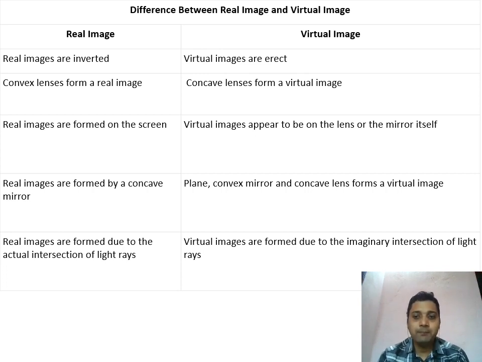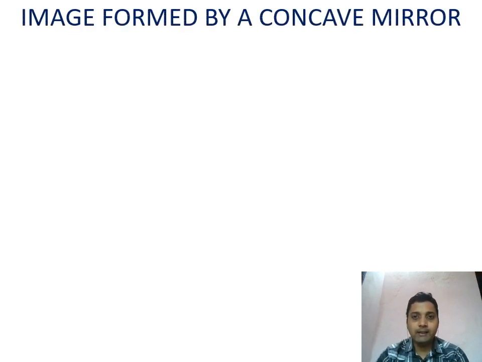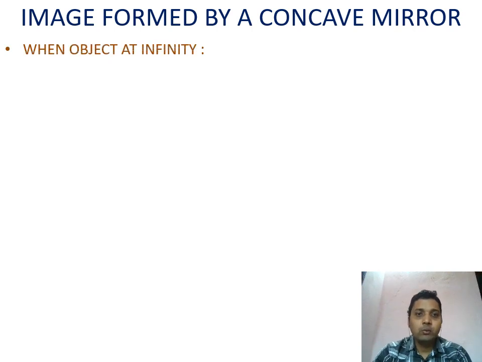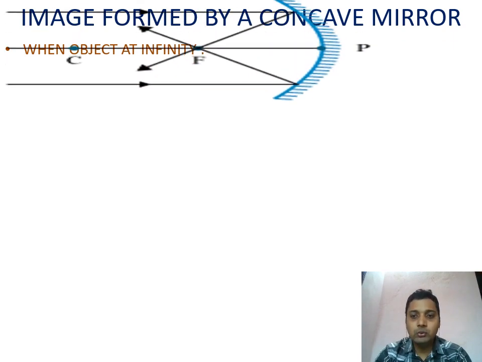Image formed by a mirror may be by a plane mirror, concave mirror or convex mirror. So let's discuss the image formed by a concave mirror first. When the object is at infinity, at a very large distance, the light rays come as a parallel beam, meaning all the light rays are parallel to each other, and when they strike the mirror,